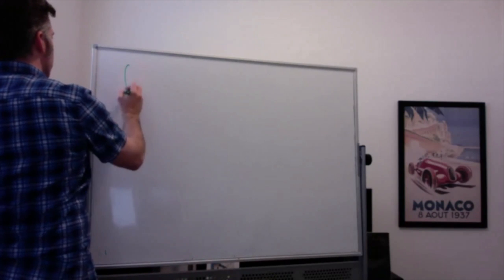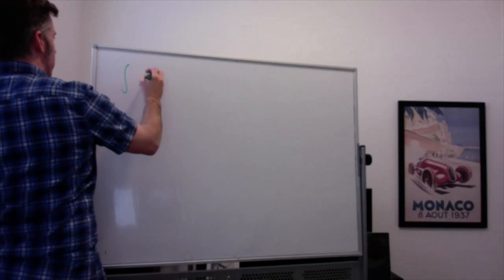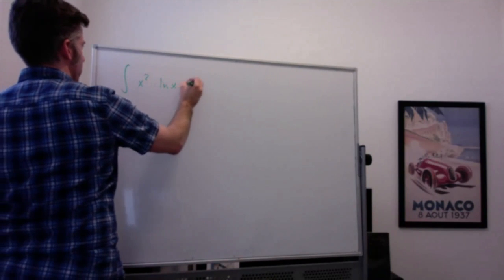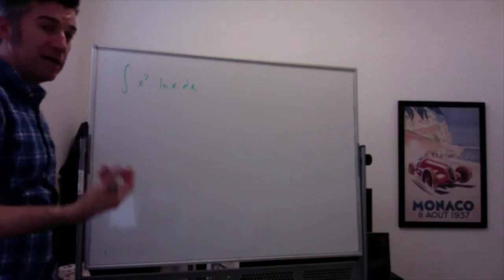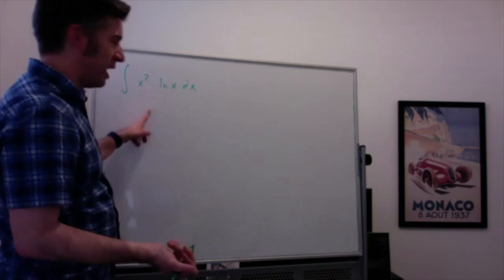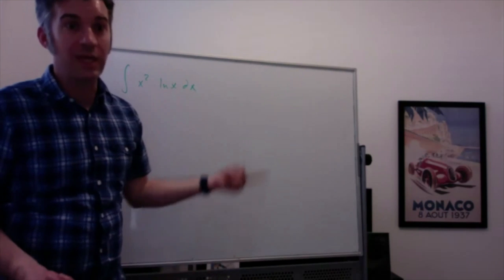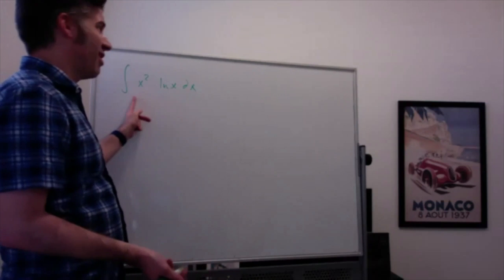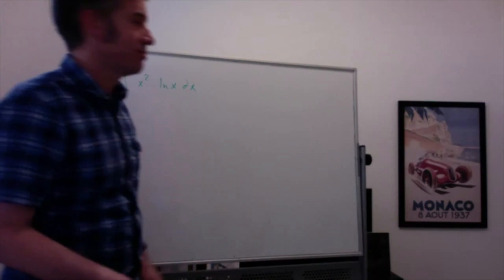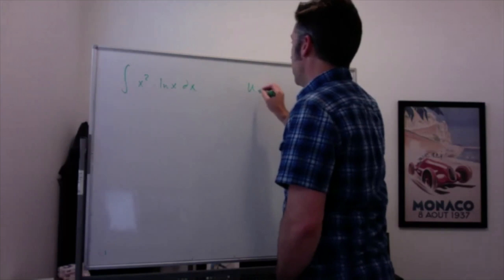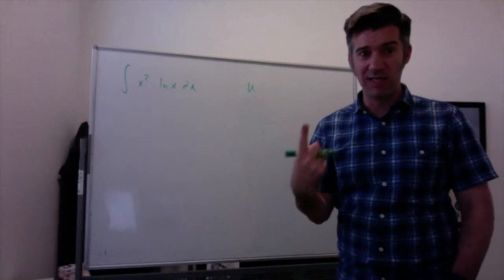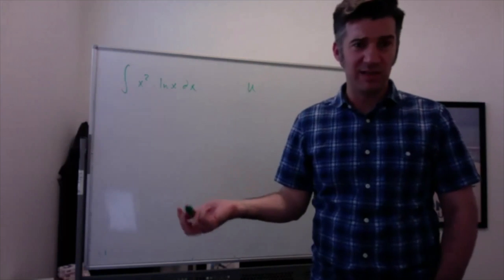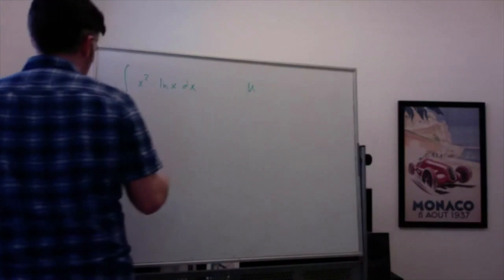Let's do the integral of x squared times natural log of x. Many people have asked me over the years, can we do tabular here? No, we cannot. Because our u is not an x squared, our u is the natural log of x. Also, you don't need tabular because it's a one-step. Oh, but I was going to do this one as a definite integral. Let's do the integral from,